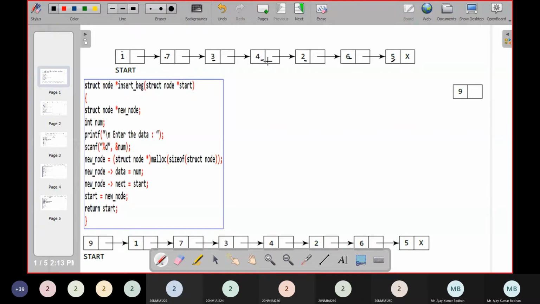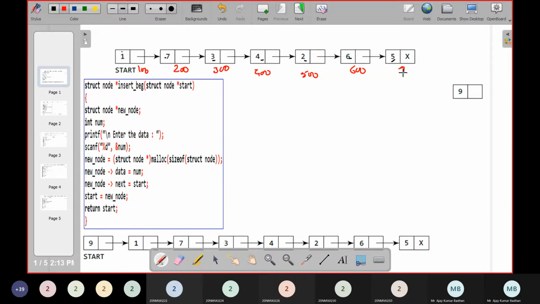Already we have created it, and in the previous session we discussed the creation of a particular node. If you don't remember it, just go through that video so that you can get clarity on it. Now I want to implement this particular code. It's very easy. Let me first give some addresses to them. Let us suppose the starting node, node number 1, has the address 100. This is 200, 300, 400. This is just an assumption I'm taking here. Don't think that these are the real addresses. I'm just using them for your understanding.